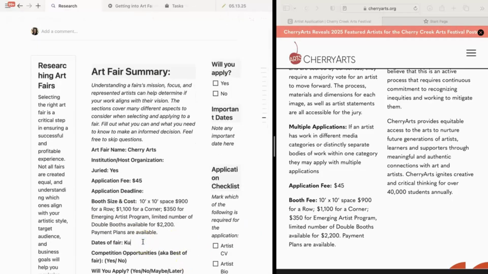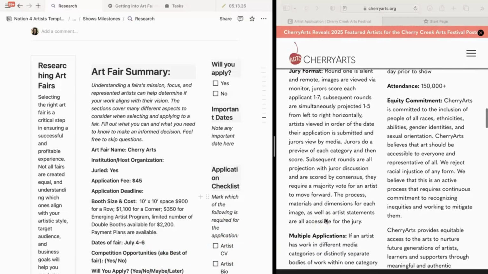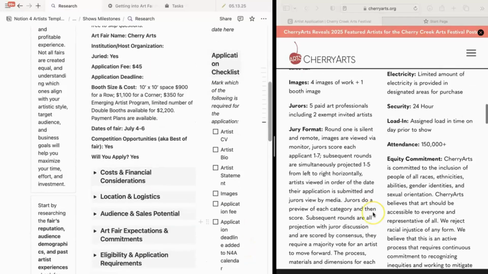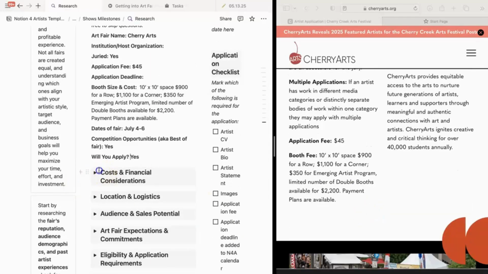Dates of fair, July 4 through 6. Is there awards? Yeah. Yep. And then will I apply? I think yes. I think I would like to apply. So I'm going to say yes here. Will I apply? Yes. And then we can look up any different things, like what's the application process, what are